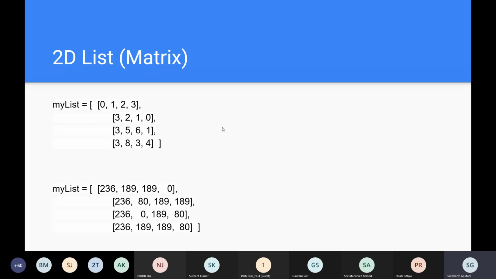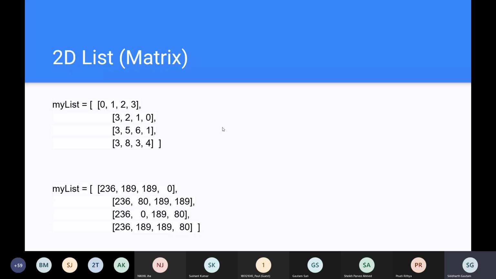Okay, so those of you who have studied mathematics, which I hope all of you have, there's a concept called matrix in it, right? So a matrix is just a group of numbers and the number at the starting is denoted by the location of 1, 1. And let's say you have a 3 by 3 matrix, and the last element will be denoted by a position of 3, 3, right? So 1, 1 represents the row and the column of that number.